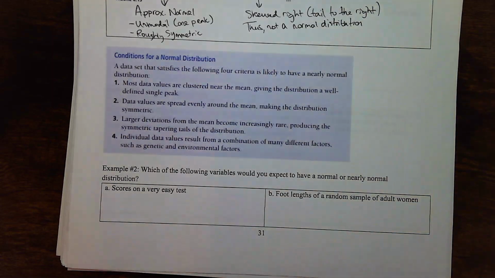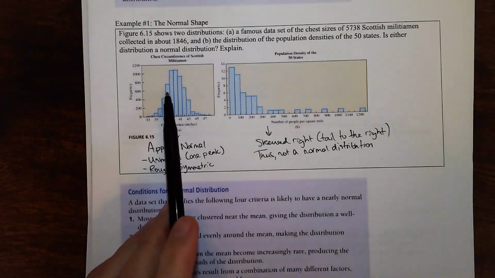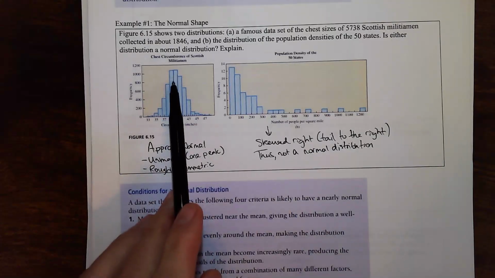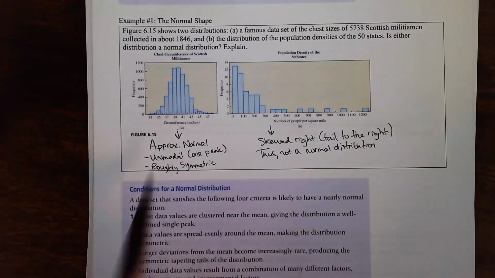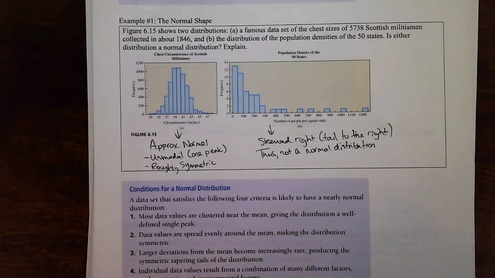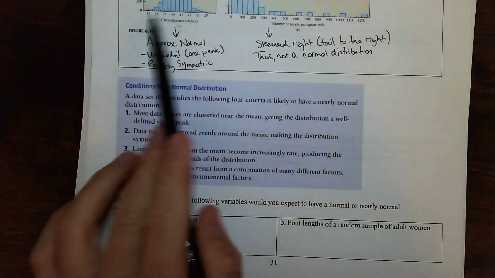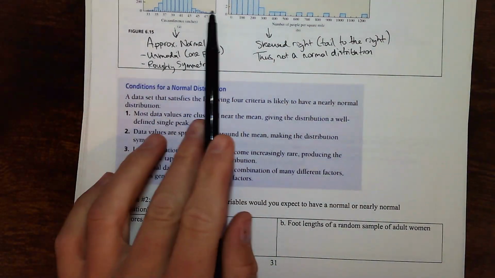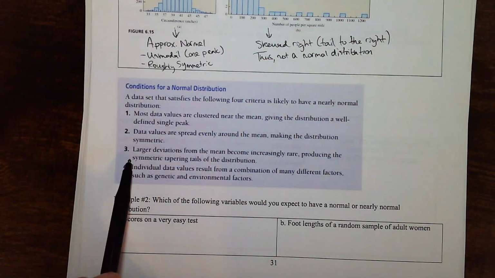Normal distribution, you want most data values to be near the mean, and so you want to have a peak in the middle. So like this, most values are near the mean, you've got a peak in the middle. Data values are spread out evenly on either side, so you've got as many low ones as you do high ones. Larger deviations are rare. Okay, you don't have super large deviations that would cause a tail on a certain side. And individual data values